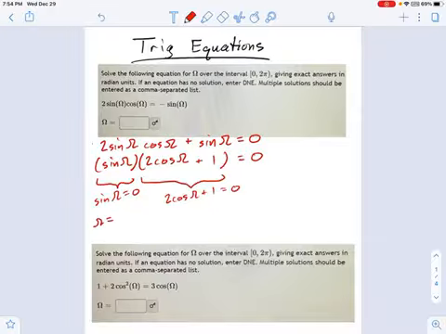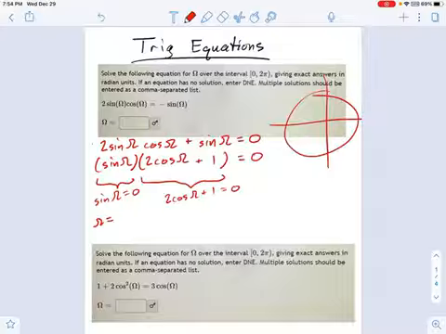For the one on the left, we say omega equals, I'm going to run to my unit circle here. Let's see. I'll do the one on the left in red. Sine values are y values. So if the y values are 0, that's over here, left and right sides. Okay, so that's 0 and pi.